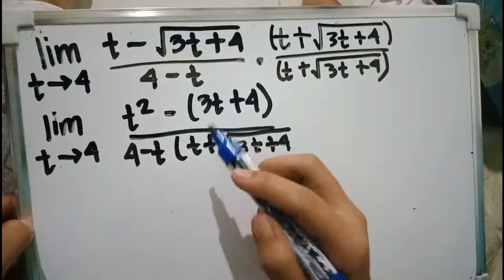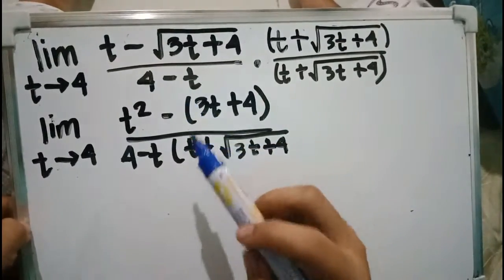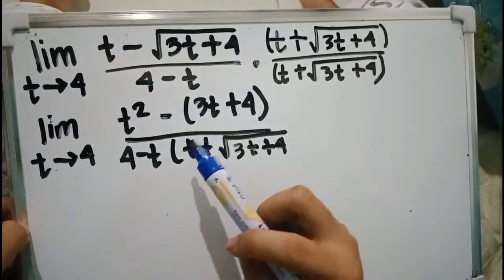So as you can see, we didn't really multiply the denominator part of each of the terms, because